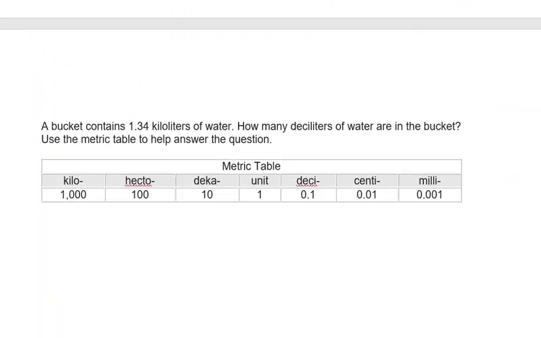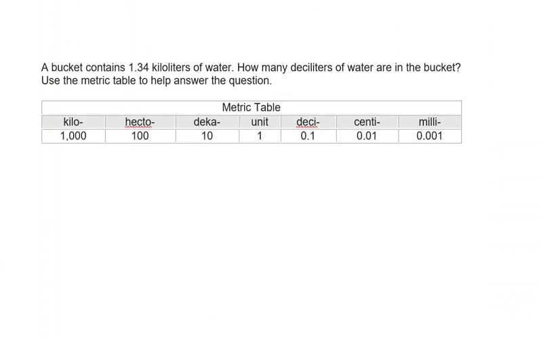Okay, another example. A bucket contains 1.34 kiloliters of water. How many deciliters of water are in the bucket? So we're starting with 1.34 kiloliters, and we want to go to deciliters. Deciliters is here, so this is where we want to end up. We're moving to the right,